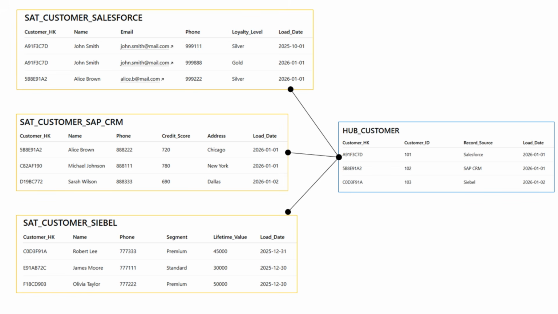Another important point to note: to make data integration and storage flexible and scalable, we define multiple satellites, typically one per source system or schema. For instance, customer data coming from different systems can each have their own satellite, even if they describe the same business entity. This allows us to isolate source-specific attributes and changes without forcing early unification. Each satellite is still linked back to its parent hub, ensuring we maintain full traceability while keeping ingestion and storage